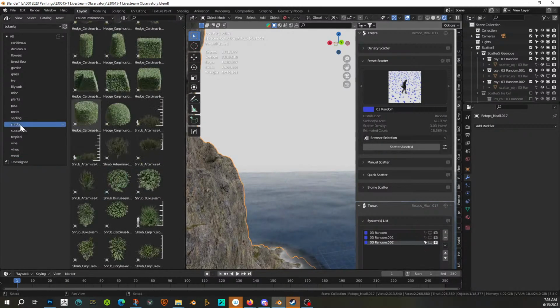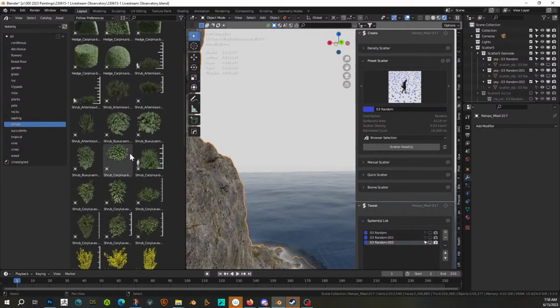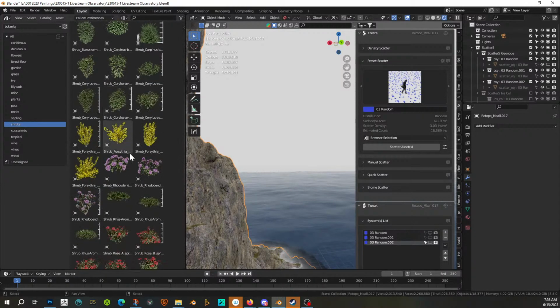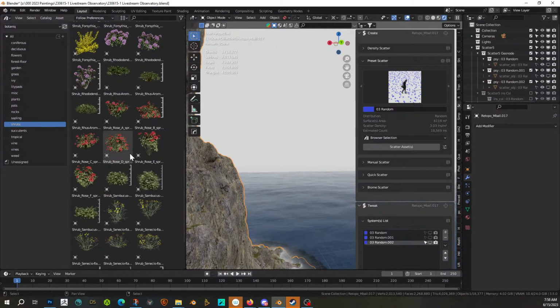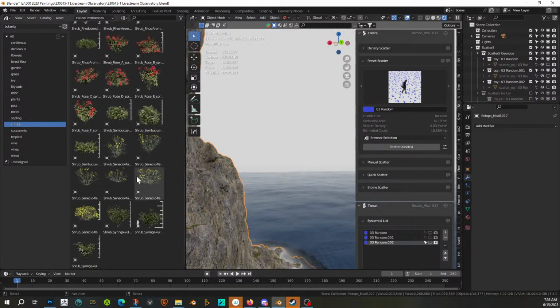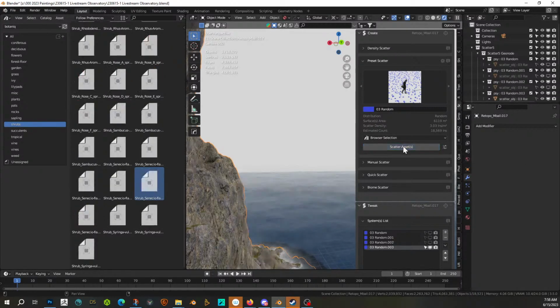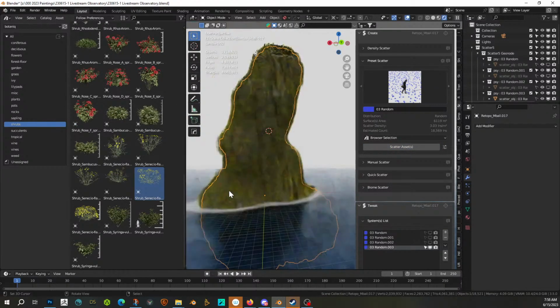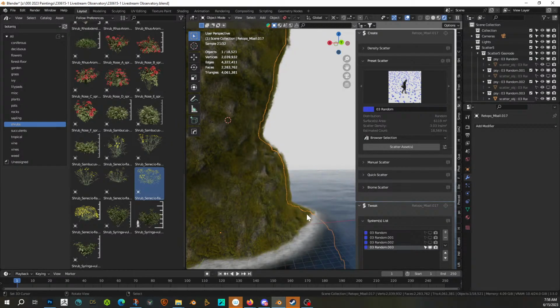And maybe, let's see, are there any kind of ugly shrubs? We want just like a couple hanging off the side. Possibly. Let's try this one. Scatter object. I do like that actually. So I kind of like that even bigger than we had it before. Let's turn these ones back on just so we can see what we get. It almost looks like moss, but